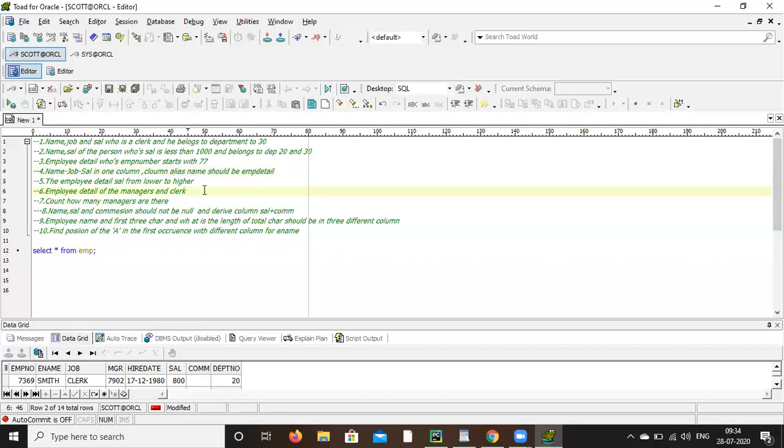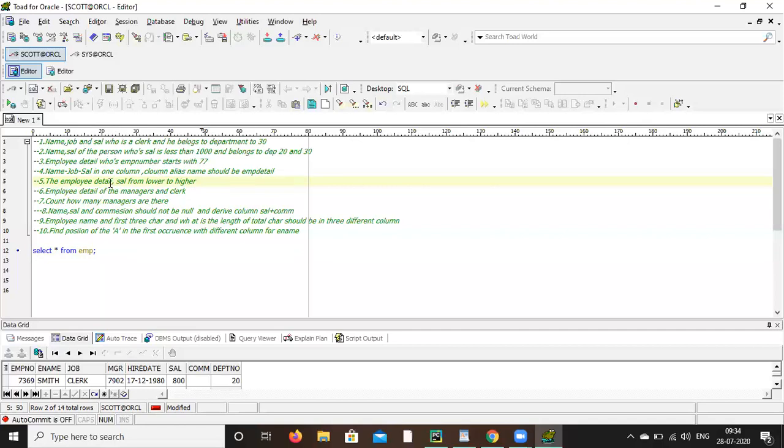Perfect. Now the employee detail, salary from lower to higher. I want the employee detail; after employee detail, give a comma; I want employee detail, salary from lower to higher. Employee detail of the manager and clerk.